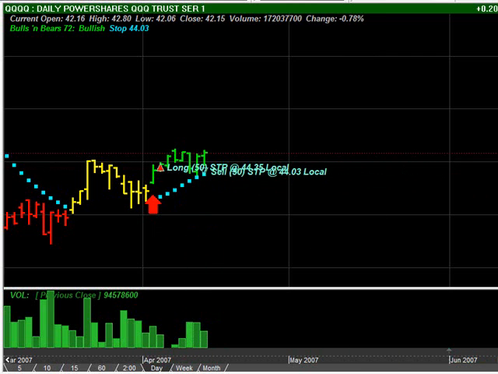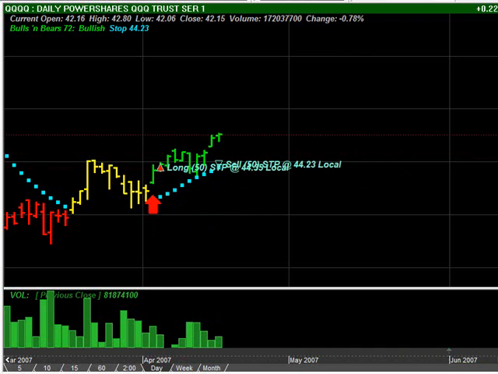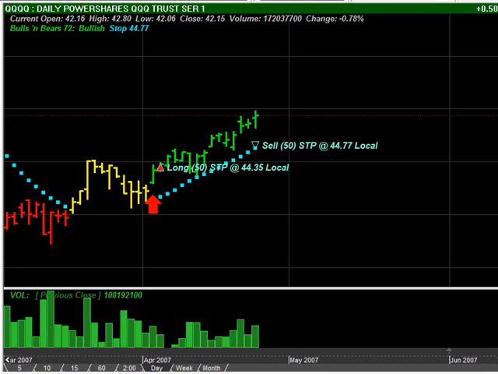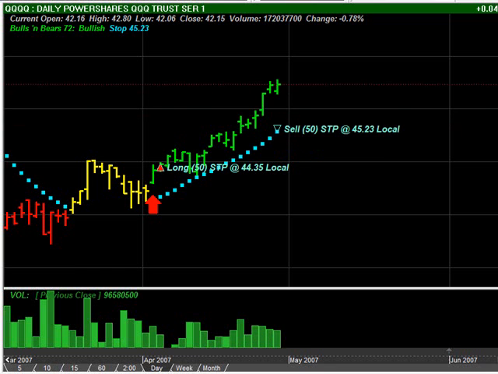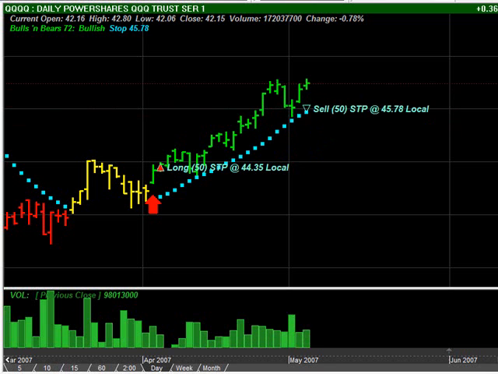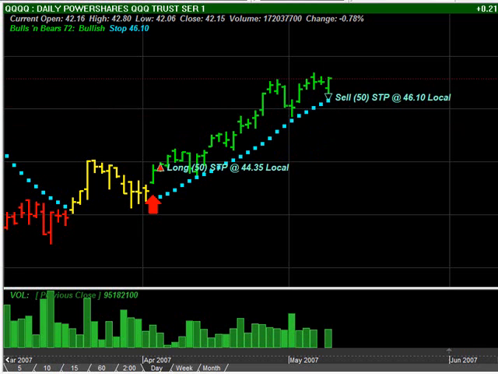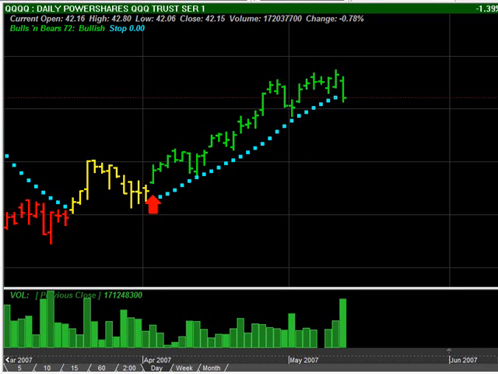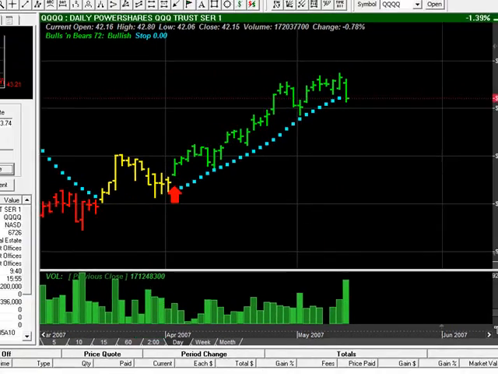And as that market moves higher, that blue light system is a mathematically calculated point where it's going to put our stop, and it's going to automatically trail for us every day and tell us exactly where we should have our stop. And it's mathematically calculated against the other 3 mathematical formulas of the Bulls and Bears to pull those stops up tight to give us a maximum profit potential on our trade. And you'll notice how it follows in there very nicely and tight. And then when that market reverses and comes against us, it gets us out and we take our profits.